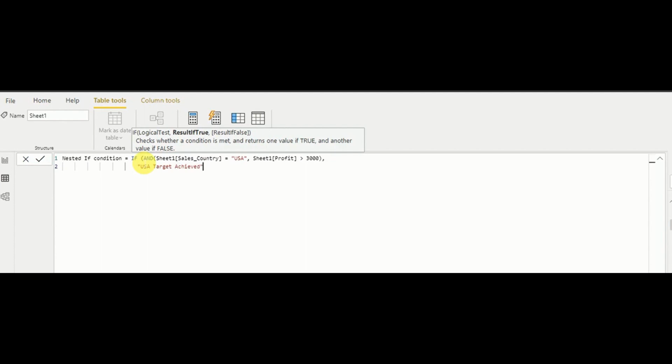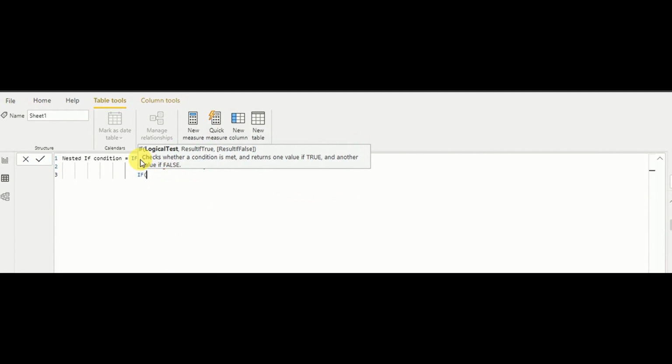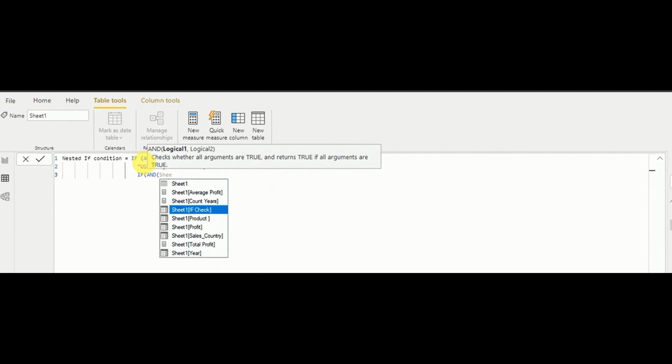If not, then we have to write another if condition. That is how the nested if condition comes into play. Then I'm going to press Alt+Enter and write another if, again using the AND condition. The country should be UK.